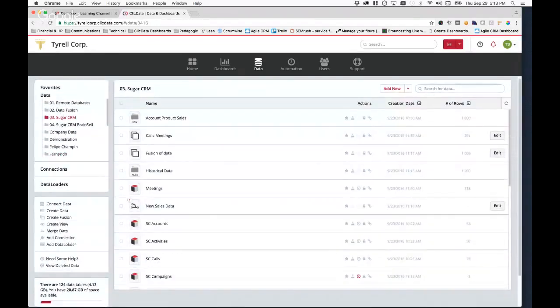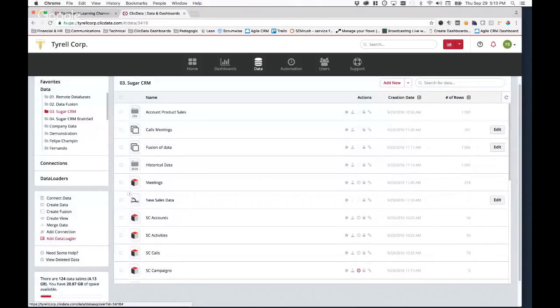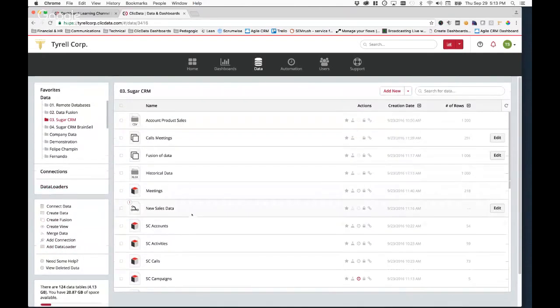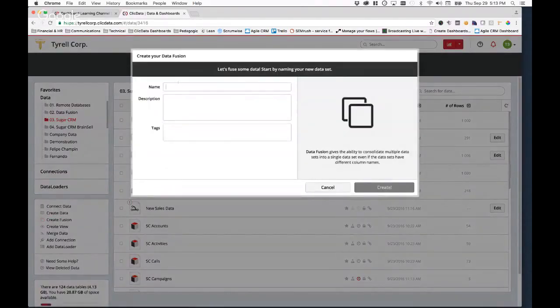And finally, we're going to get into database connectors later, but you can also add specific connections that are behind your firewall. So if you have databases such as SQL Server, you can go into the data loaders and connections. That will be covered in a different webinar. I'm not going to get into that later. But the Fusion is the feature of the month, if you will.